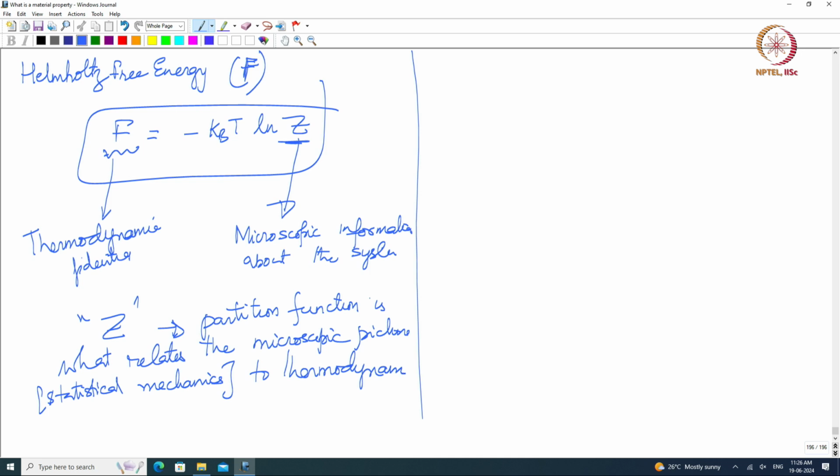Once I know the thermodynamic potential, thermodynamics tends to be very mathematical, right. So, I can do all the thermodynamic calculations if I know the potentials, such as Helmholtz free energy, the phi 1, phi 2, all the thermodynamic potentials that we looked at, right. So, here is my connection from stat mech to thermodynamics, right. So, this is stat mech